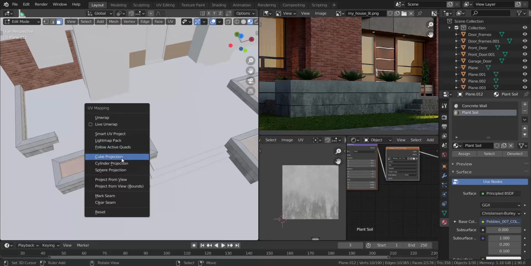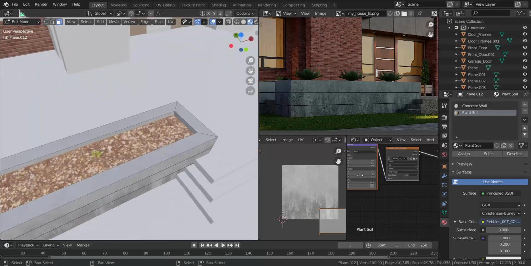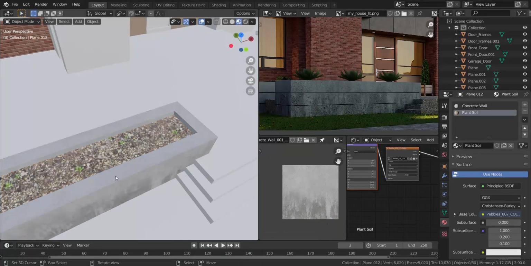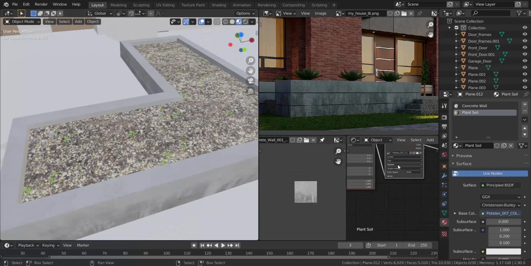I'm just going to press U and then say Cube Projection. So let me just take everything and then scale it up, and let's assign it to it like this, and you can see what we have. Very nice. So for that one, we don't need to add anything else, but if you want to add in a normal map,